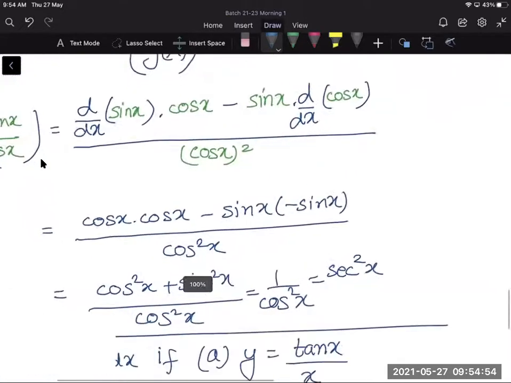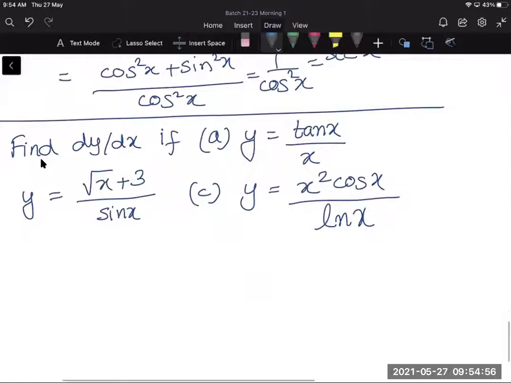Sir, what is the differentiation of ln x? 1 upon x, right? No, ln x का differentiation is 1 upon x. ओके सर। Sir, what will be the differentiation of 1 by ln of x? अब वो जो नेक्स्ट रूल हम पढ़ेंगे उससे आएगा।